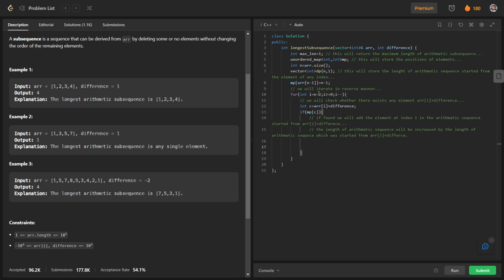So basically what we will do, we will just increase the value of dp of I with dp of the position. So the position of that element ARR I plus difference is nothing but MP of ARR of I plus difference, which is nothing but MP of C. So we will find the dp of MP of C, which is the length of that arithmetic sequence which has been started from this position.